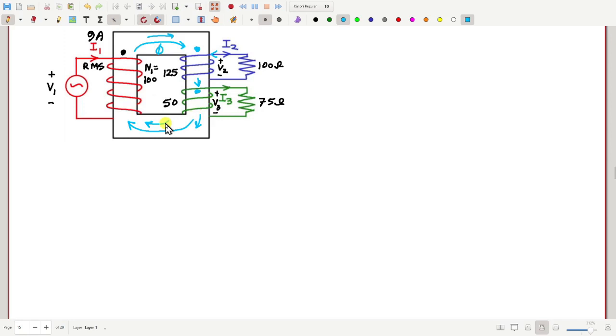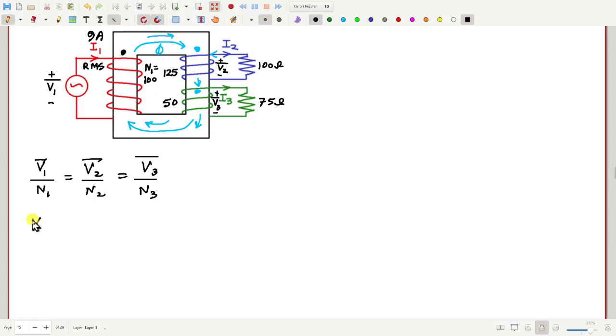So once we know all these dot positions, then for an ideal transformer, this rule: V1 divided by N1 should be equal to V2 divided by N2 should be equal to V3 divided by N3. Do you know why that is so? I'm talking about phasor voltages. Why is this rule correct? Because V1